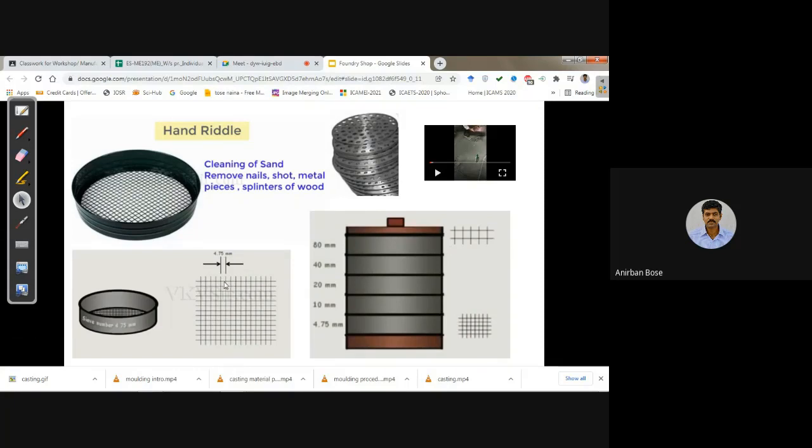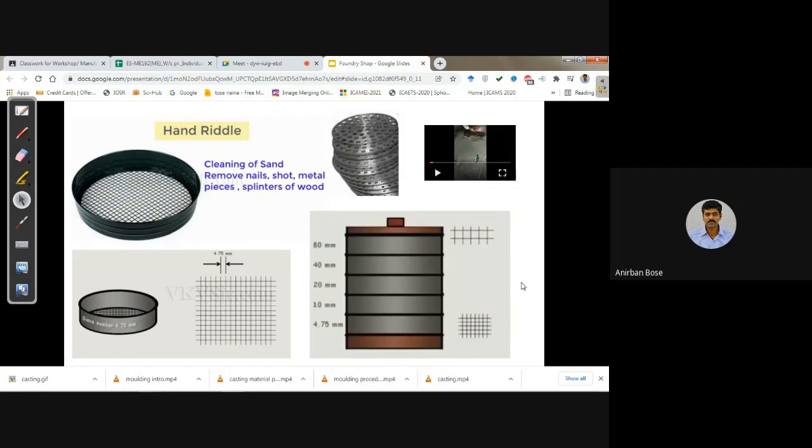If the distance between nearby points in the mesh is, say, 4.75 millimeter, then the sieve size is 4.75 millimeter. So you can understand there are different grades of mesh depending upon the size which are required.